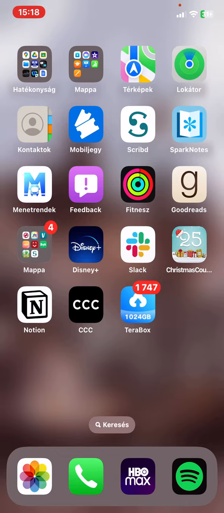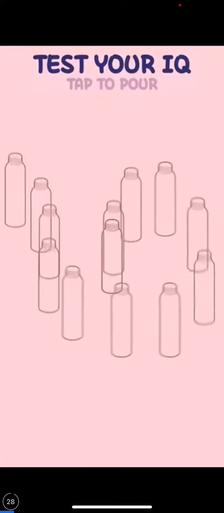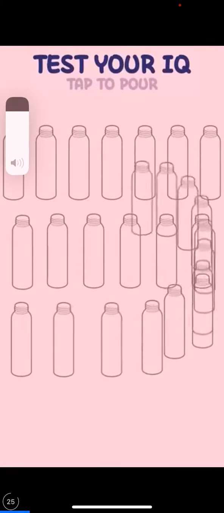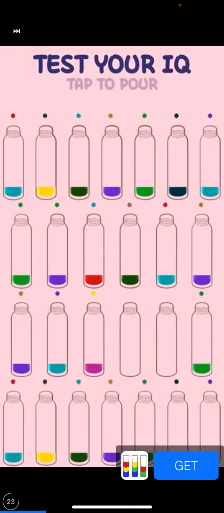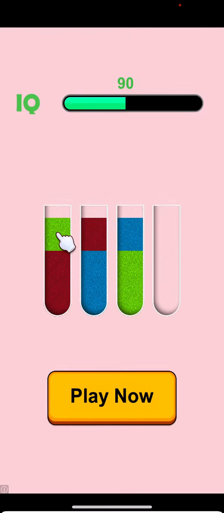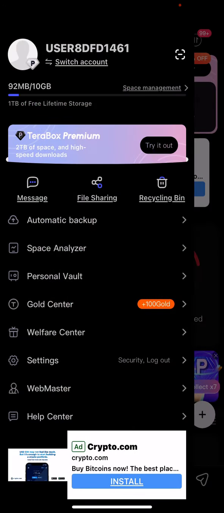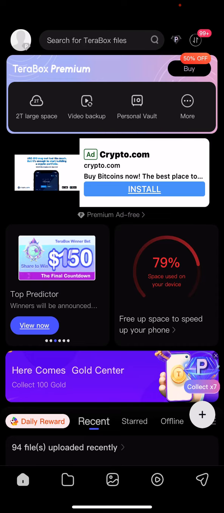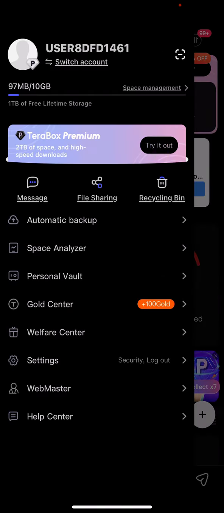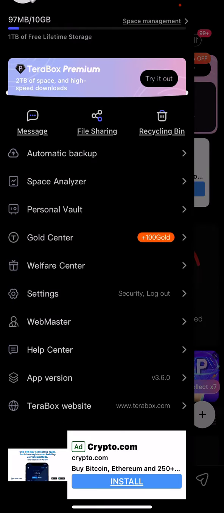First of all, open the application on your phone and wait for the advertisement to finish, and after that just click on the button at the top of the page on the left, and then click on the settings button,